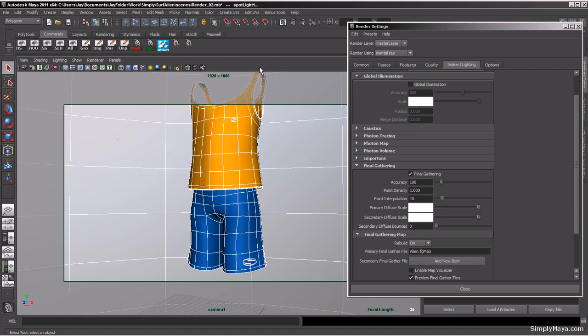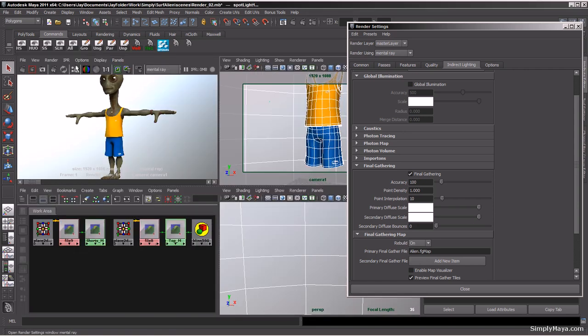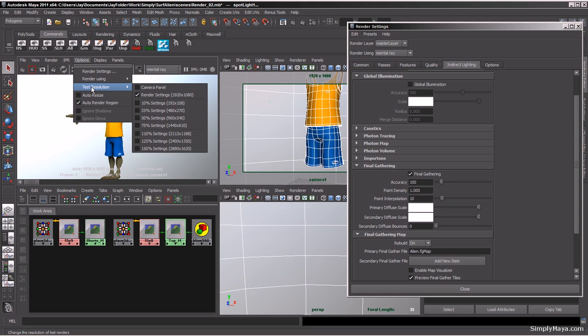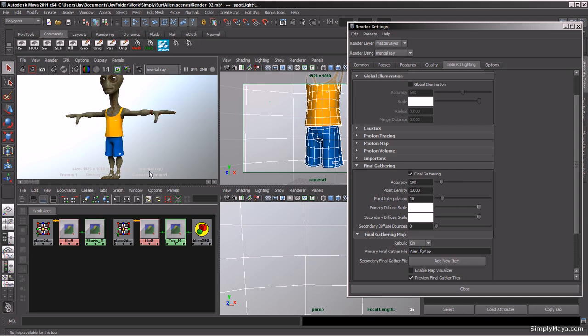And also, if we just go to our render view here, I'm just going to store that image for later on. And if we go to options, we go to test resolution, we go to our render size. At the moment we're on 1920 by 1080. I think what we'll do for the displacement setup at the moment, actually let's go back to 960 by 540 like we did in the previous chapter. So I think that'll be good enough for us to do at the moment. Okay, so